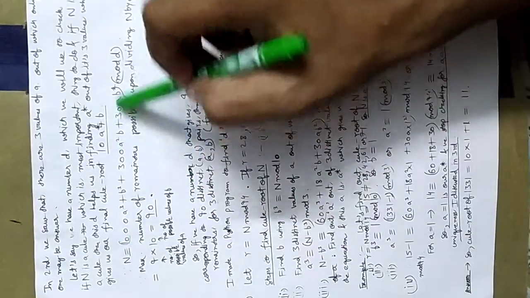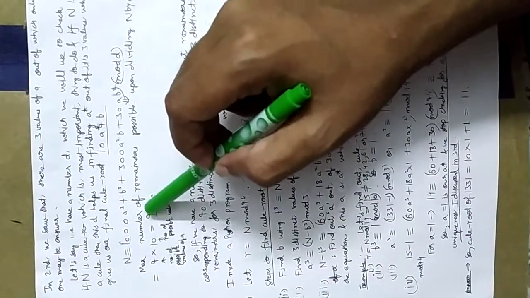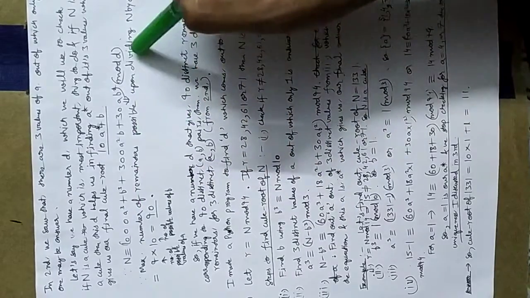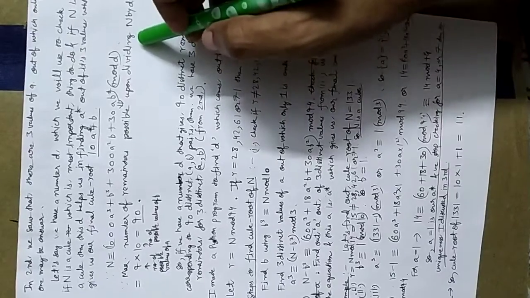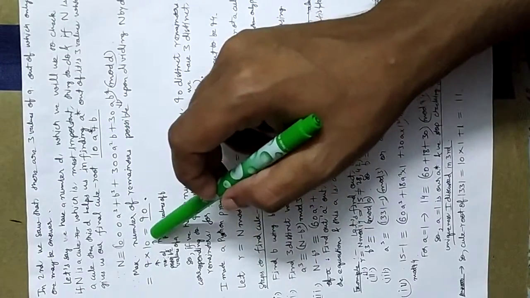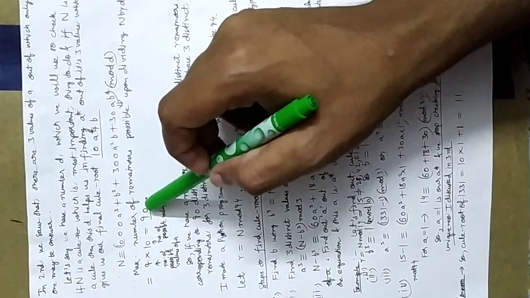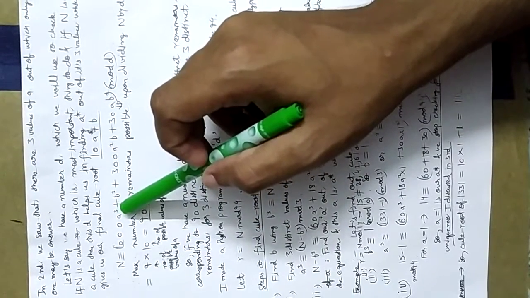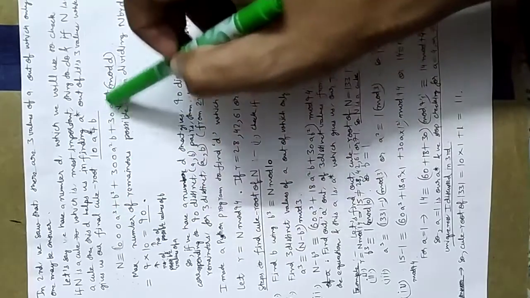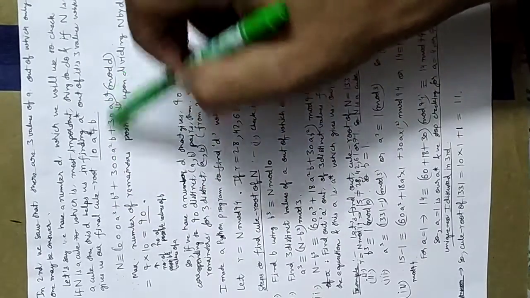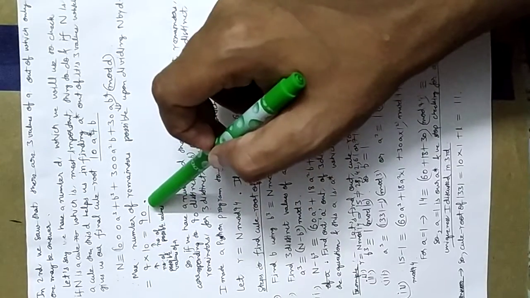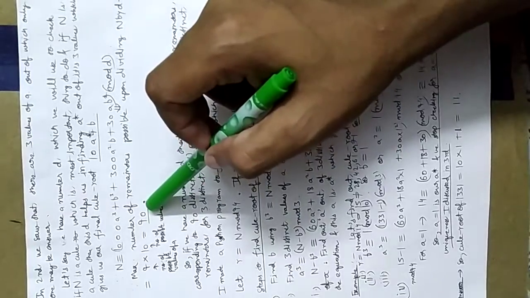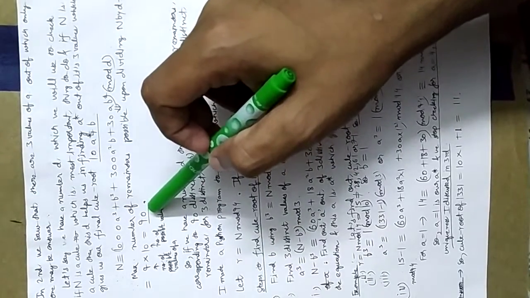We can see in the RHS of this equation that the total maximum number of remainders possible upon dividing n by d is equal to 9 into 10 is equal to 90. 9 is for the total number of possible values of a, which is 1 to 9, and for b 0 to 9, so 10 values. So 9 into 10 is equal to 90. So the total maximum number of remainders possible is equal to 90.